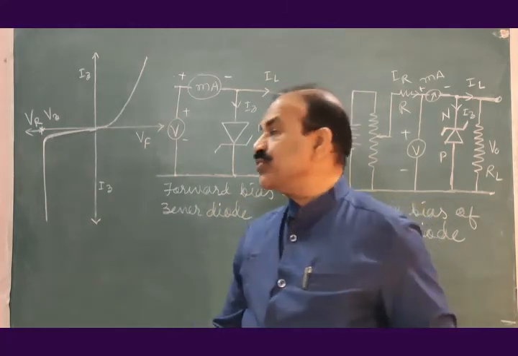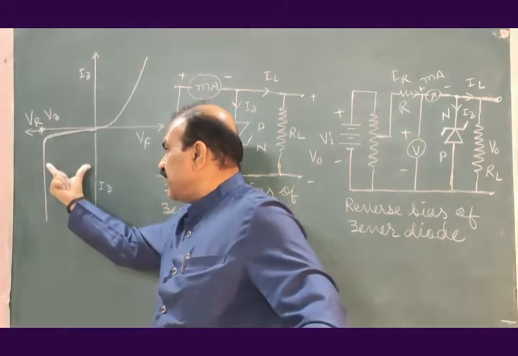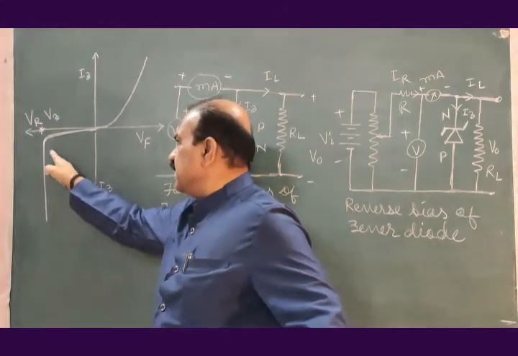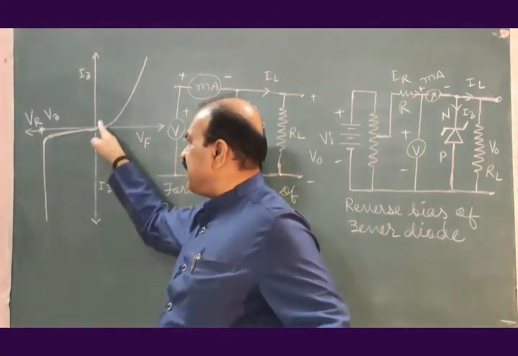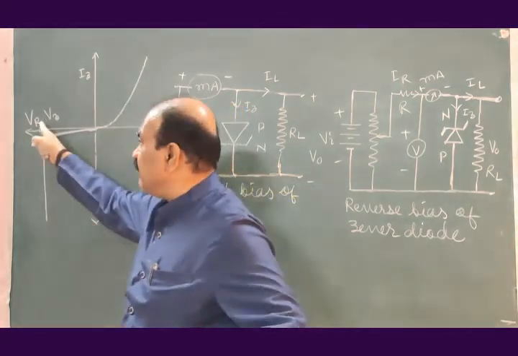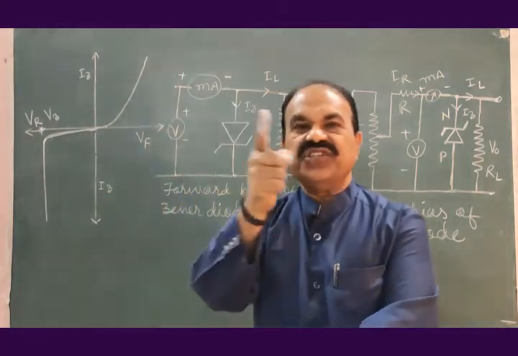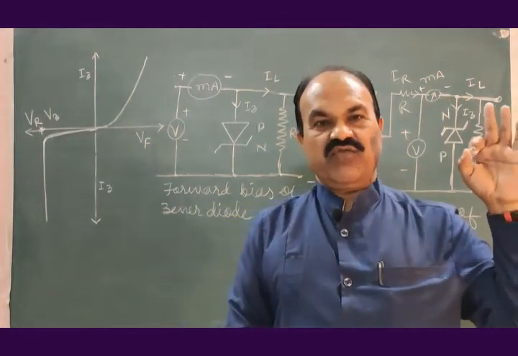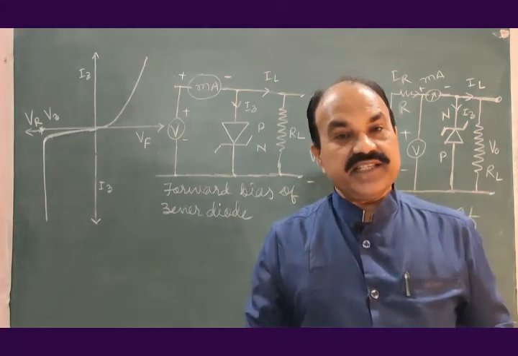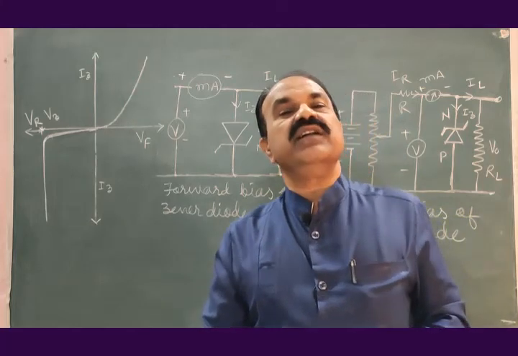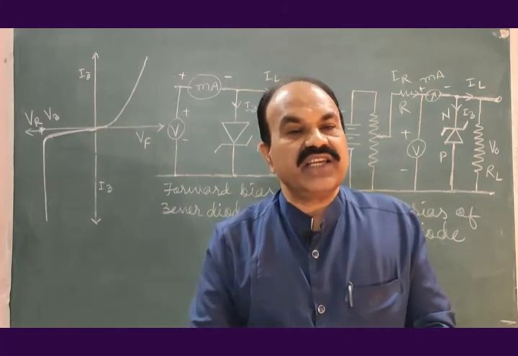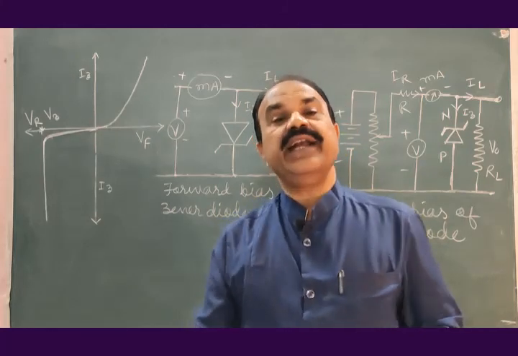One more thing that can be observed from these characteristics is that this distance is constant. This distance between this line and this line is constant everywhere. What does this mean? It means that the value of VZ across the Zener diode is always constant once the Zener diode starts working in the breakdown. That is, the voltage across the Zener diode is constant once it starts working in the breakdown region, in the Zener region. And therefore,